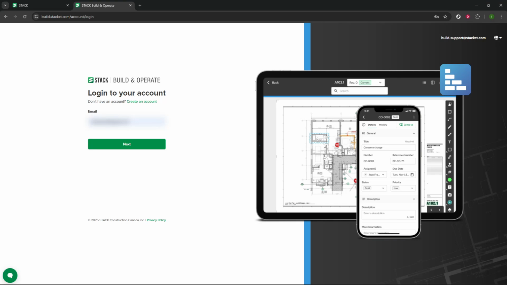In today's video, I'm going to teach you how to set up two-factor authentication in Stack. Let's begin by making our way to the Stack Build and Operate website. This is the foundation, or the starting point, where we'll log into our account. So go ahead, open your preferred web browser, and type in the URL